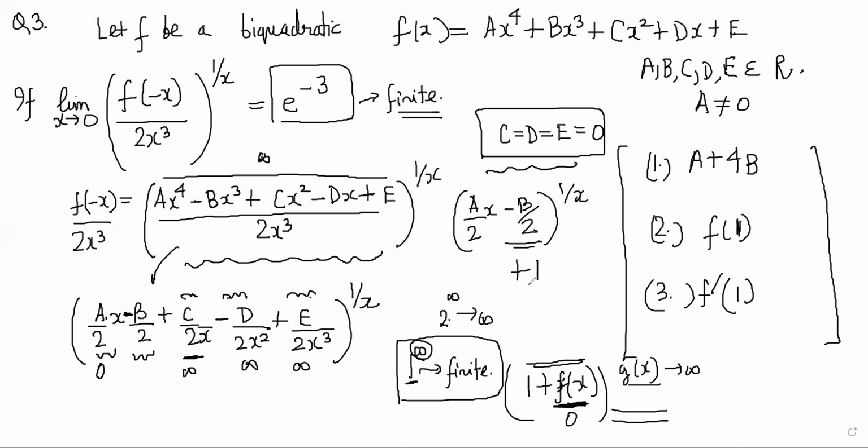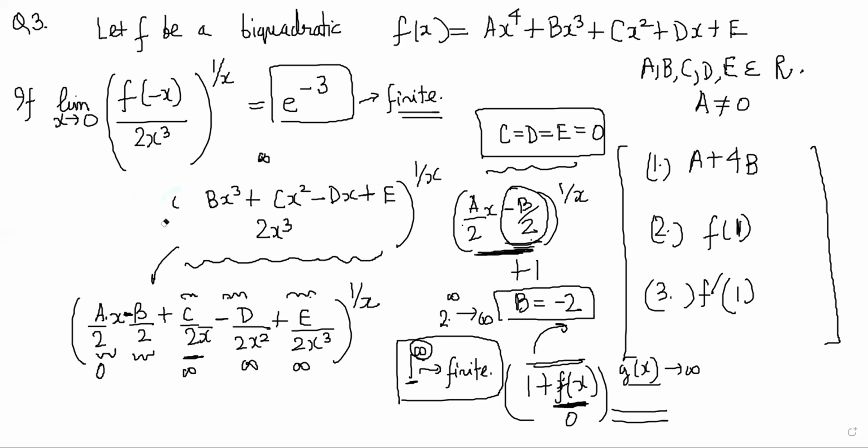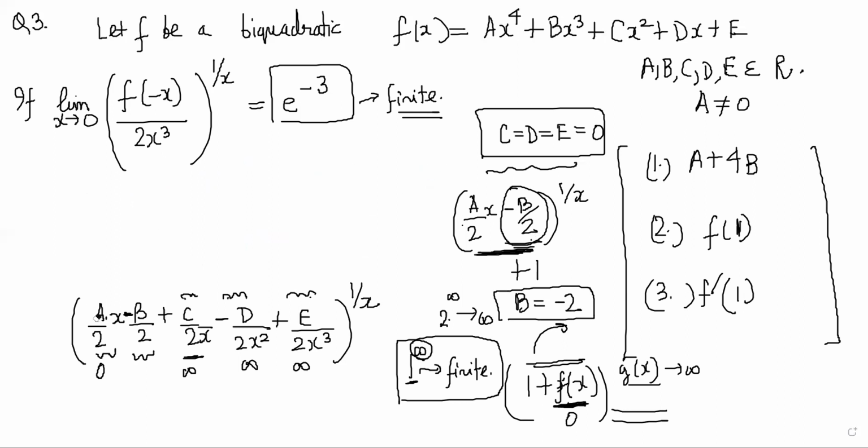If it is substantially above 1, if this whole thing is not tending to 1, then there is no chance for it to be finite, right? So that gives us that this part should be 1. Then only it will be 1 plus 0 to power infinity. So b comes as minus 2. We have gotten that. So the function itself is now becoming something like this. We'll put the value later. What we'll say is we'll find the limit first.